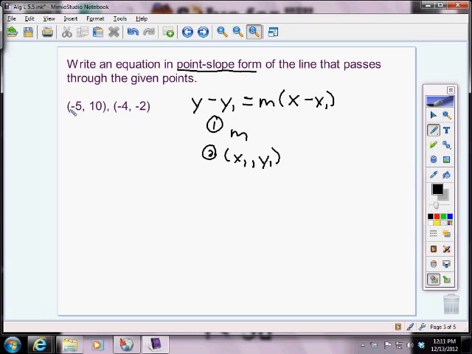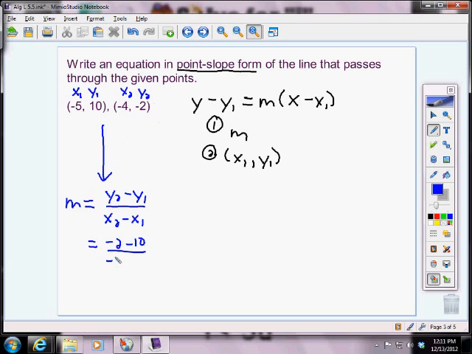Well, if you look here, we're not given a point or a slope per se, but we can find slope using our slope formula. So let's find our slope of these 2 points. Remember, our slope formula is y2 minus y1 over x2 minus x1. x1, y1, x2, y2. So if we were to go -2 minus 10 over -4 minus a -5,